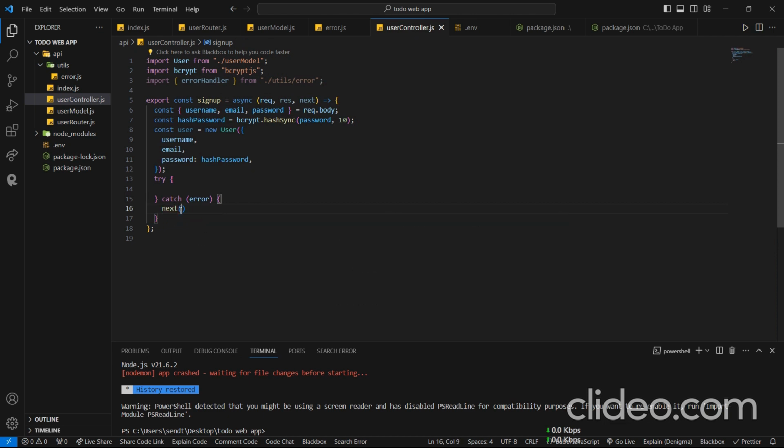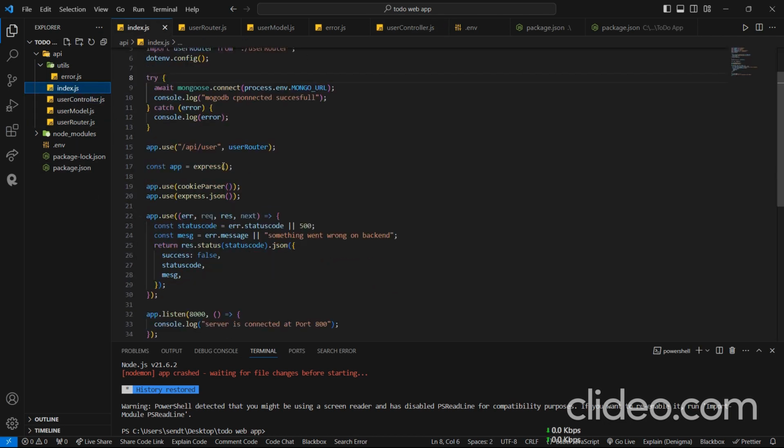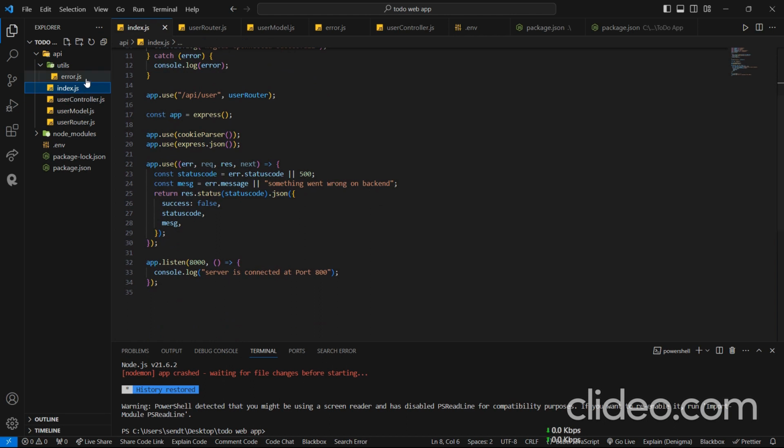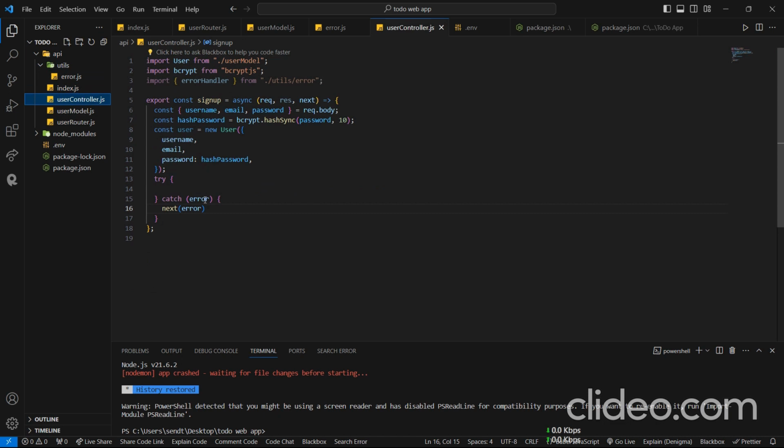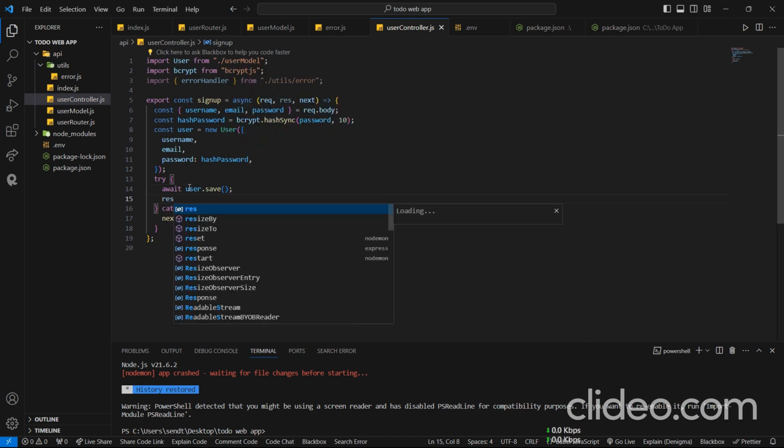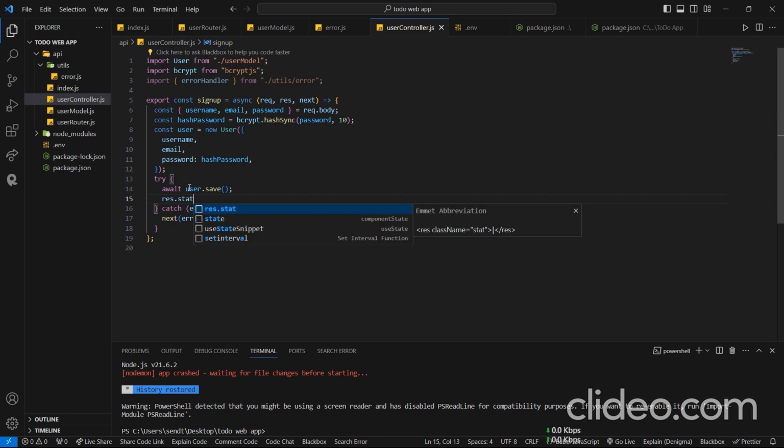let's go back to user controller, and in try catch block we will try to store that user, await user dot save. Okay, and we will return res dot status 200 for okay dot json, which is our user. Okay,